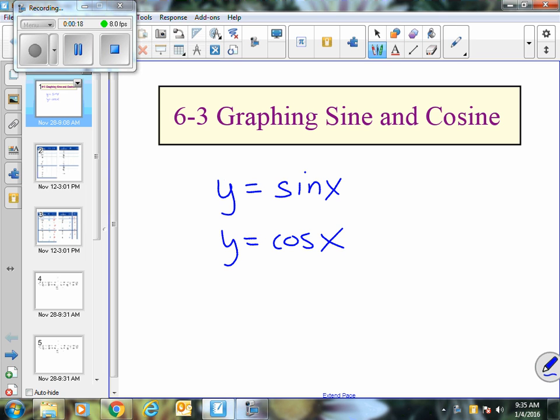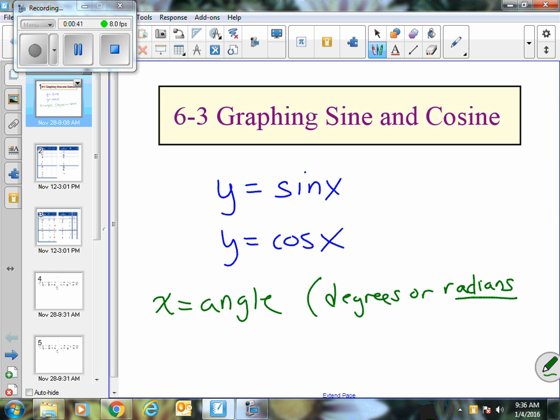A couple quick things to remember when we graph. The input, our domain variable, is the x, and our x values in all of these are going to stand for the angle measurement that we are having. So sine of 30, cosine of 45 degrees, sine of 5 pi over 6 in radians. This can be in either degrees or radians. Doesn't matter, although I think you'll find most people are going to be a lot more confident and comfortable graphing